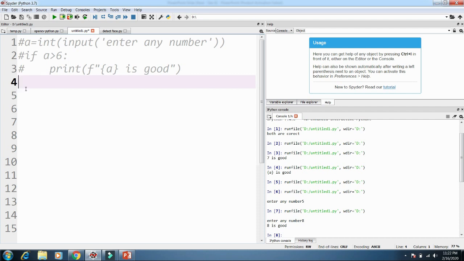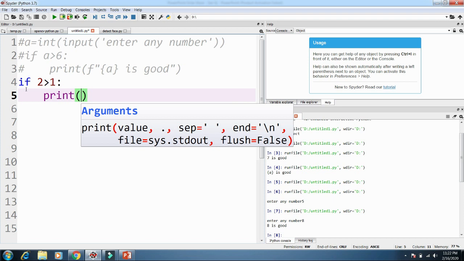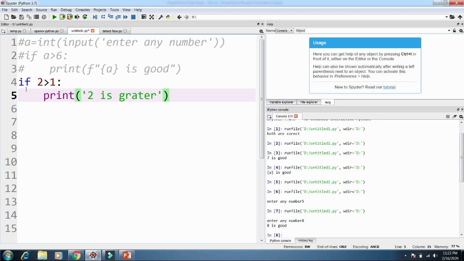But in an if else statement, if it is true, then it prints according to our choice, and if it is false, then it will also print according to our choice. For example, we write here: if 2 is greater than 1, then colon, then we print "2 is greater". In the next line we write else, and colon, then enter, then print